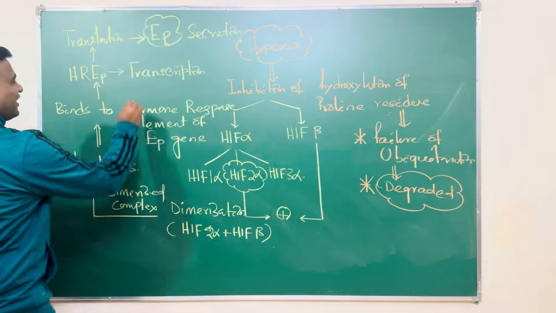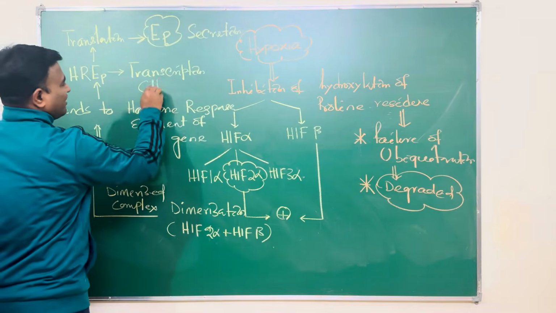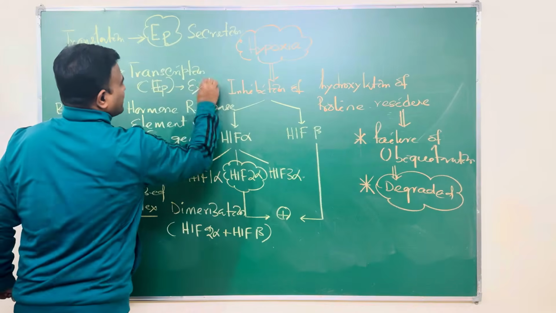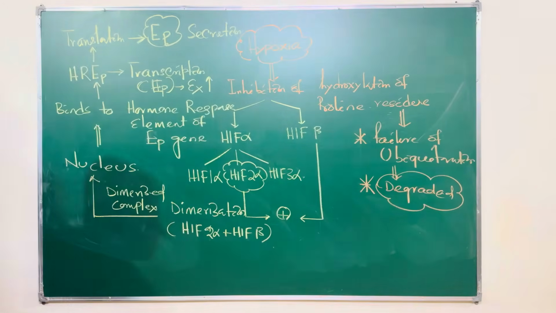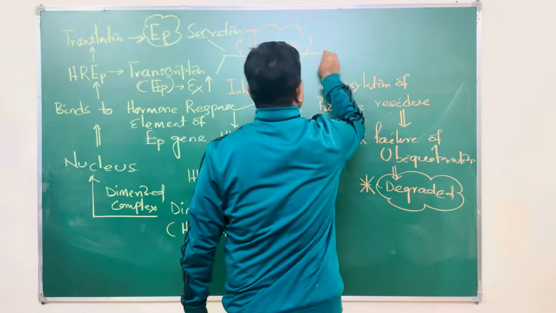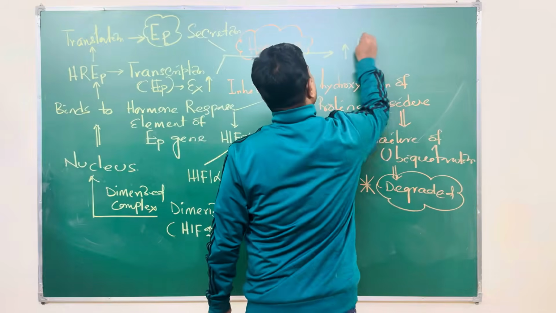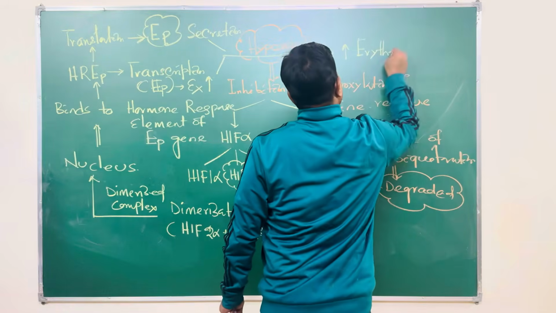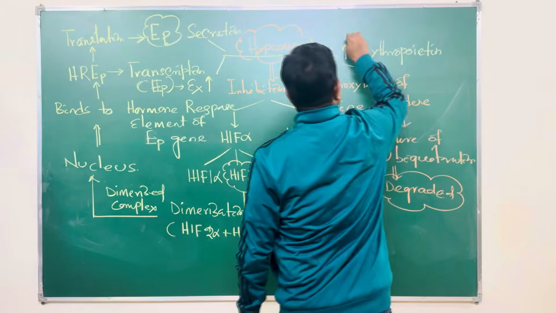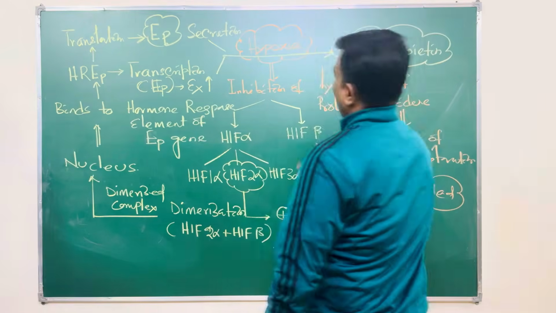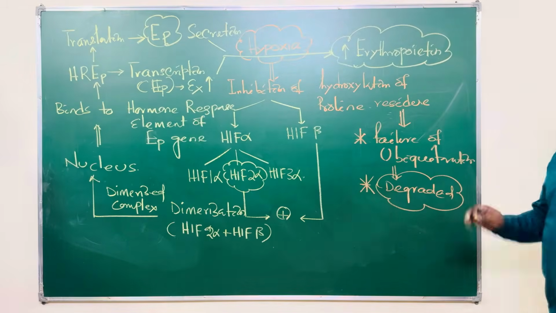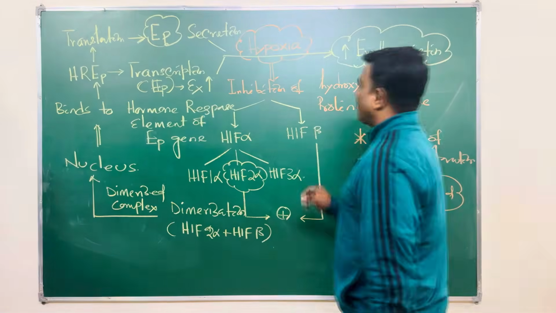And once this erythropoietin gene is transcribed, its expression is increased. So altogether, this leads to increase in the release of erythropoietin. So this is the whole sole mechanism of the hypoxia dependent HIF functionality and secretion of the erythropoietin hormone